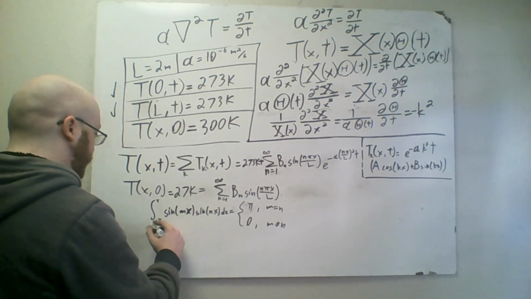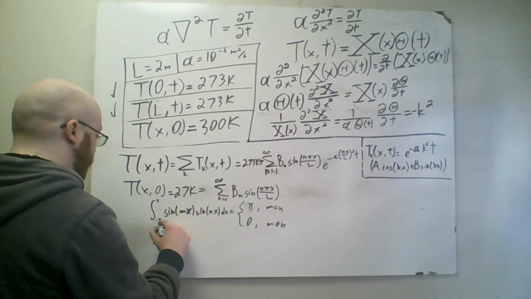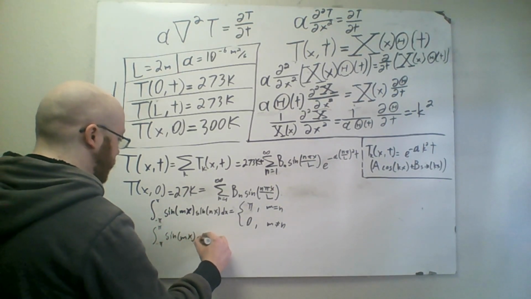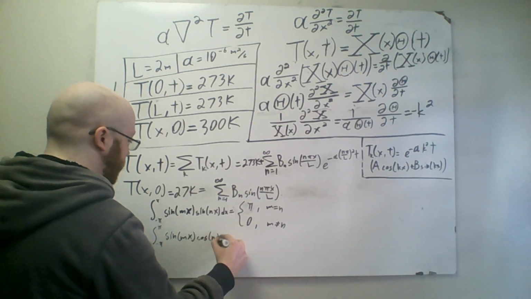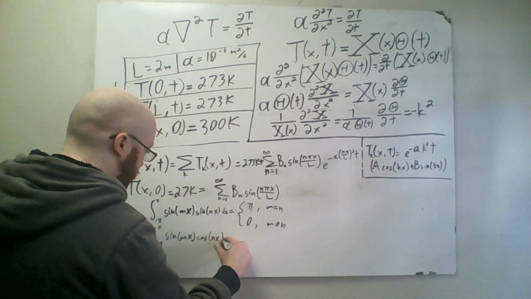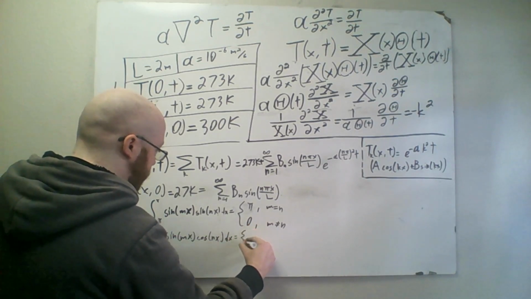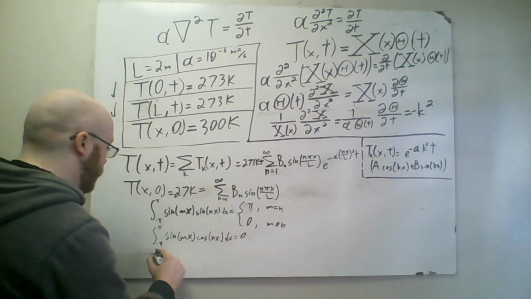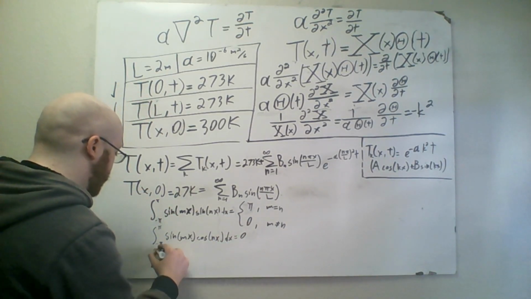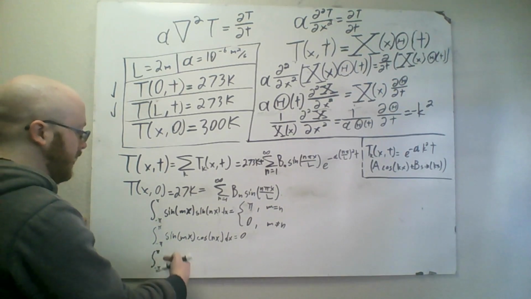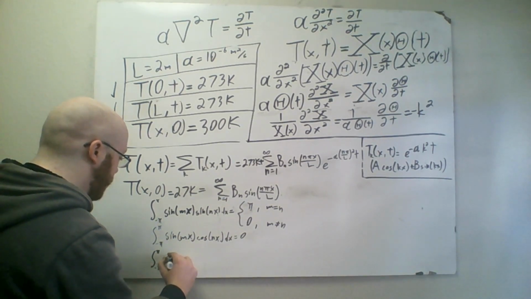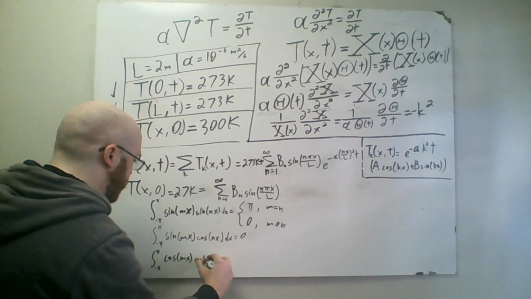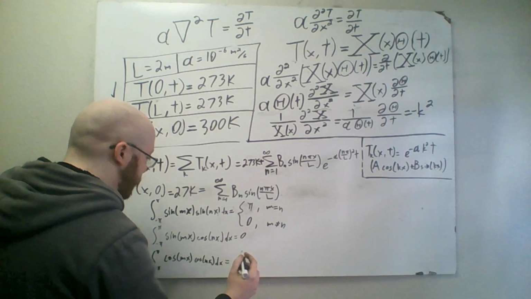For example, if we do the same thing for the sine cosine one, this is easy. It just equals 0. And then one more, we have negative pi to pi. And it doesn't matter, you could add any constant to these and you can still get something worthwhile. Cosine mx times cosine nx, you end up getting